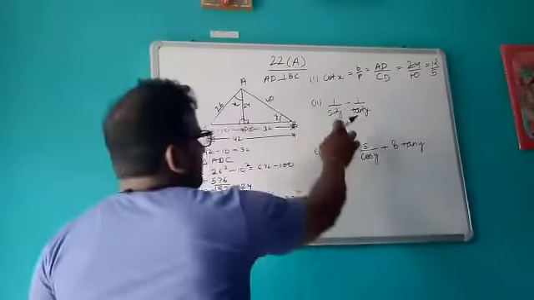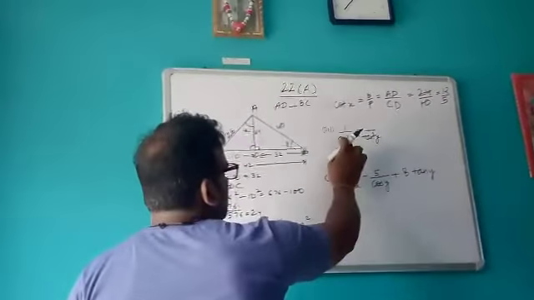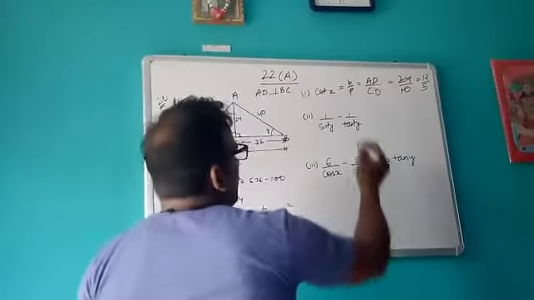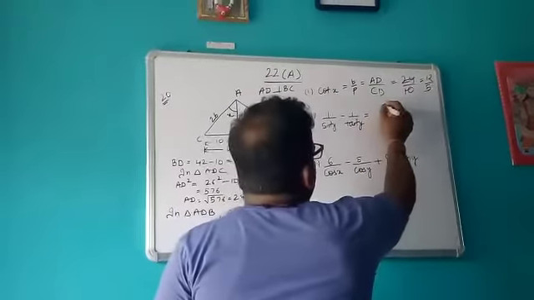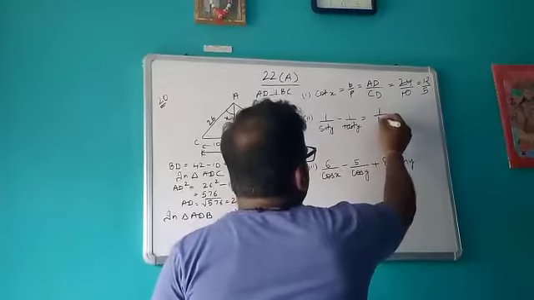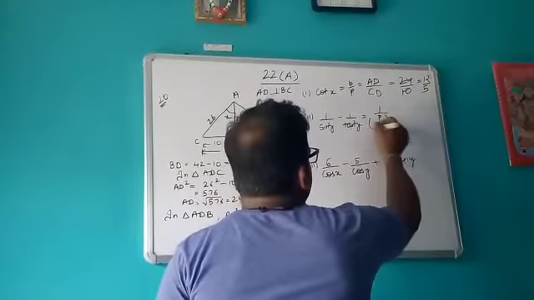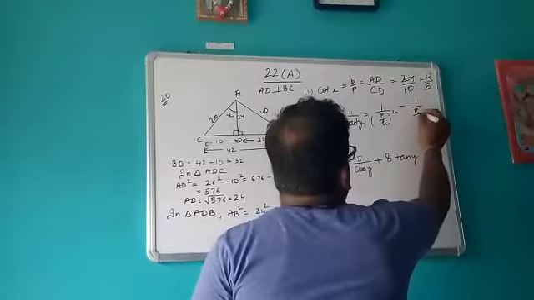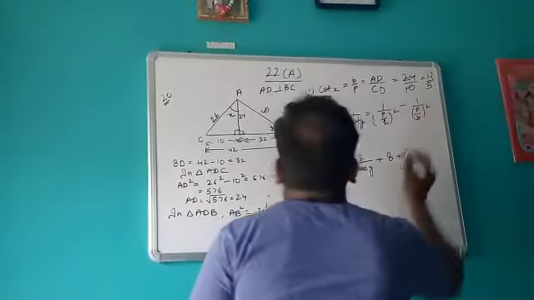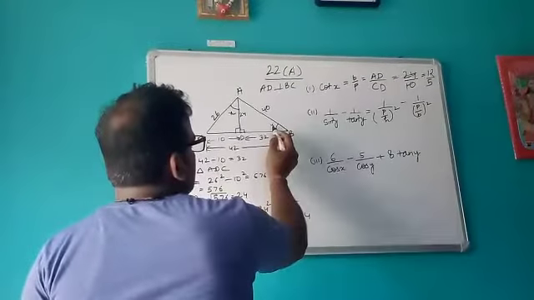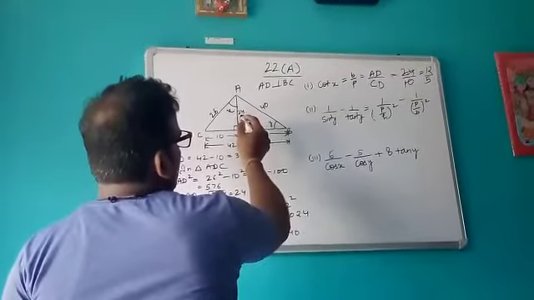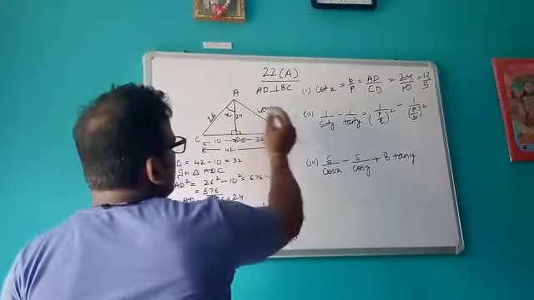Then in the second expression, what is asked? Value of sin y and value of tan y. So if you remember, what was sine? Sine was p upon h, and what was tan? Tan was p upon b. And for this y, this is your now y. For this y, what is perpendicular? 24, and what is hypotenuse?